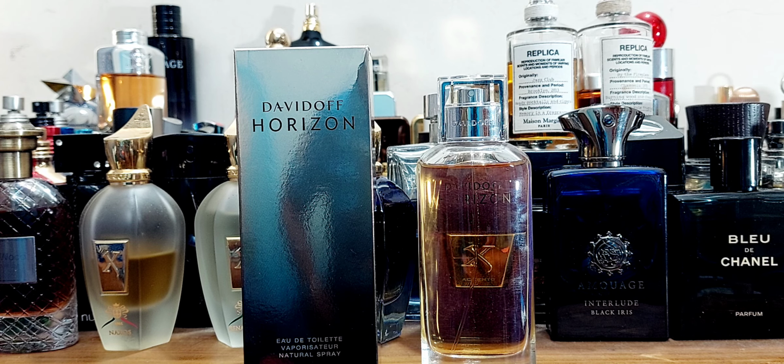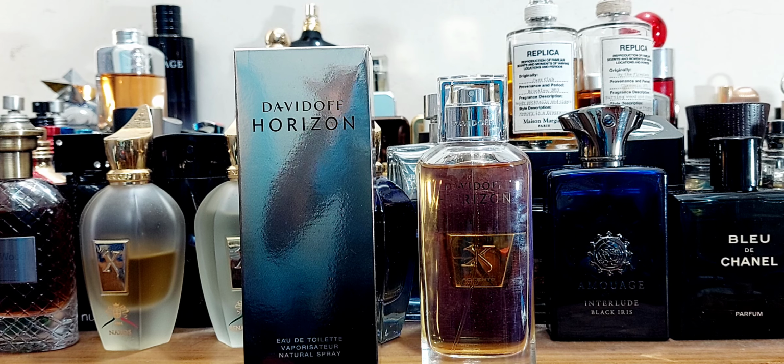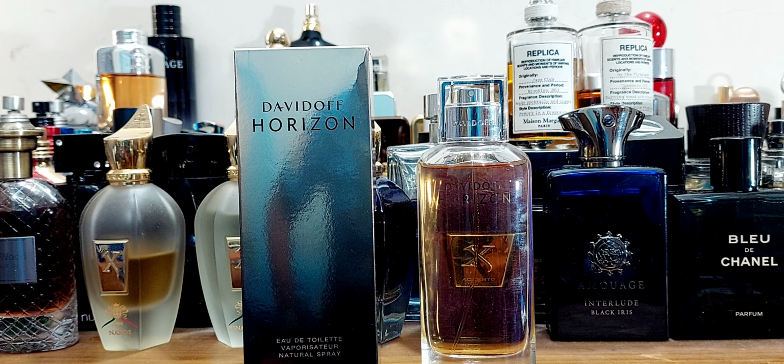I was looking for the extreme version. I don't know if they are still available in the market, but I got the original one. Extreme, if I find it, I'll review it. I think that one is a better fragrance than this overall, but this is also a very nice perfume from the House of Davidoff. So it's my pleasure buying this fragrance and reviewing it, because not everything has to be a